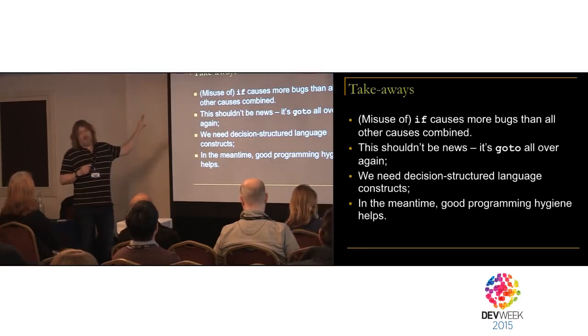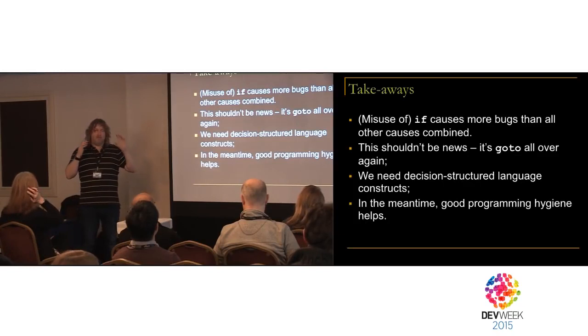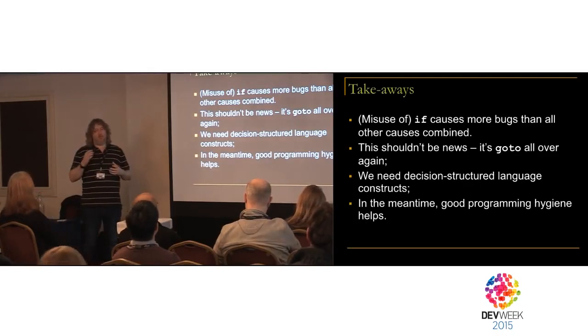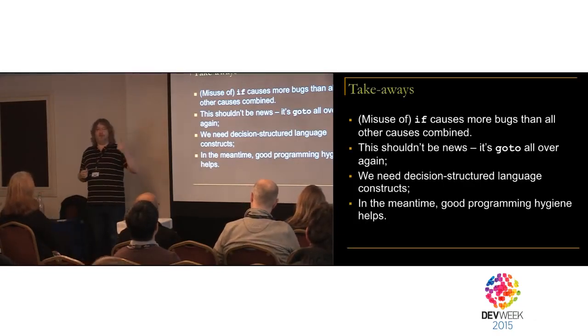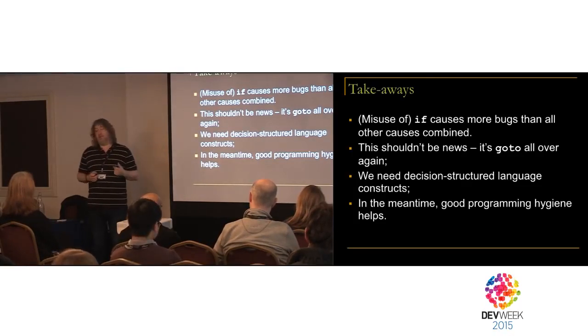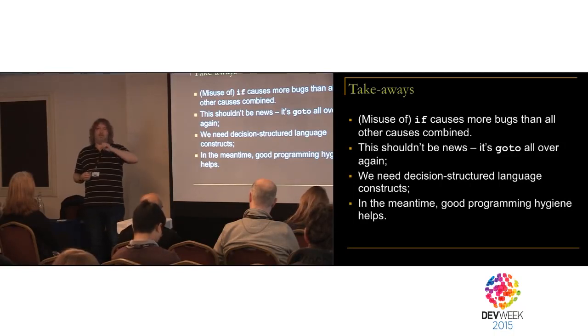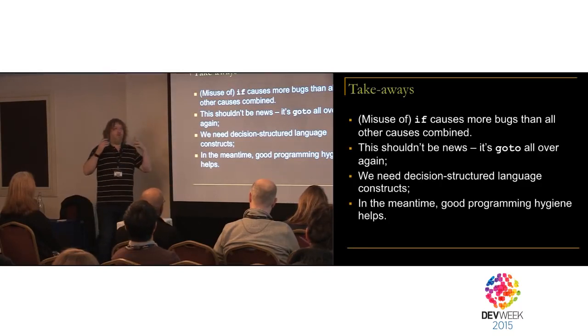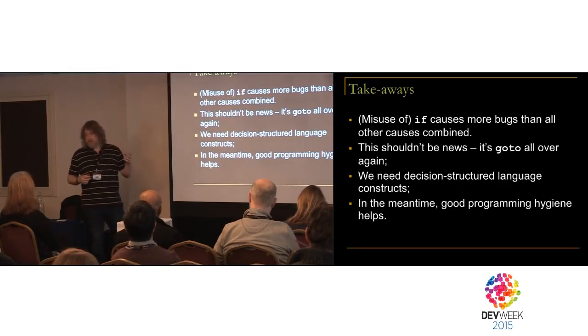This is the thing that I asked you about halfway through. Misusing if is responsible for more bugs than everything else. We misuse it when we write our program. We grotesquely misuse it when we debug our programs. It's really hard when you're debugging a program to go back to the defect. We don't even bother to find defects. We introduce new defects. But that's the wrong thing to do. We've got to find some way, not even of fixing the defects, but of not putting the defects in the first place.